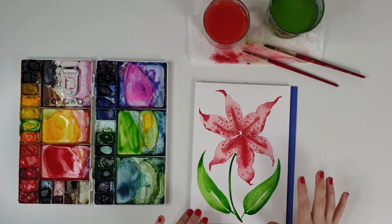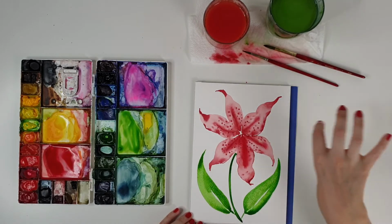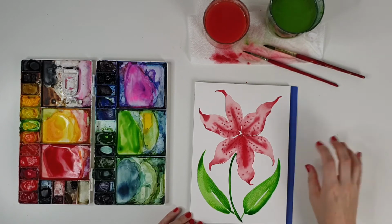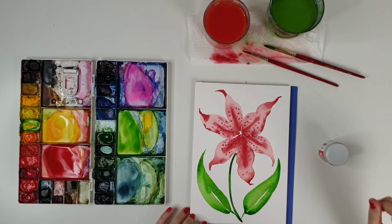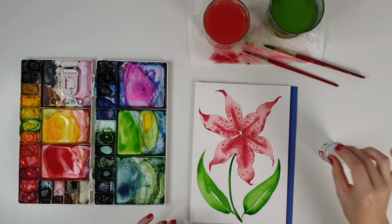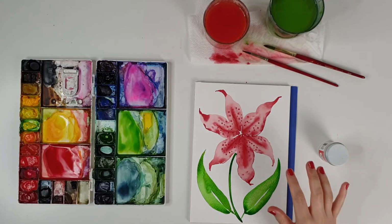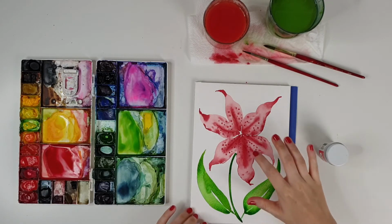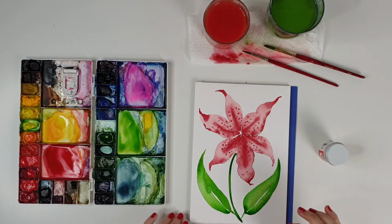Okay, we're going to wait for this to dry and then we're going to come back and do the stamen and detail in the centre. Okay, so the centre bit is dry there, so we're going to add the long stamen. There are lots of different ways that you can do this with mixed media. It's difficult to paint, because watercolours are transparent, it's difficult to paint on top of quite a dark red there with more watercolour. You can do it, you have to layer it up quite a bit,